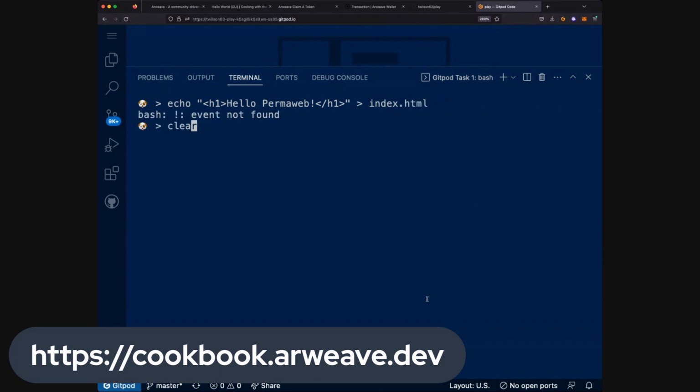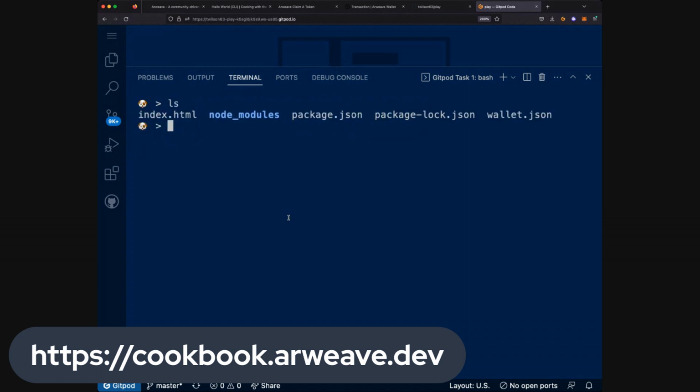Oh yeah, it doesn't like the exclamation point there. So we'll do echo hello Permaweb. And then we'll just write that into index.html. Clear and list. Okay, so we have index.html, we have our wallet JSON, and now we are ready to upload